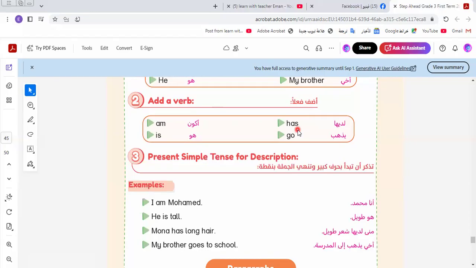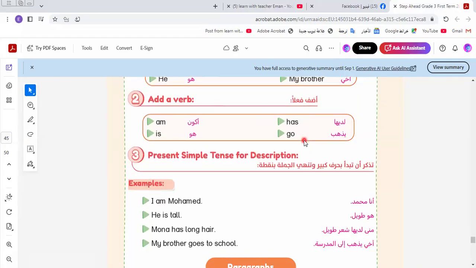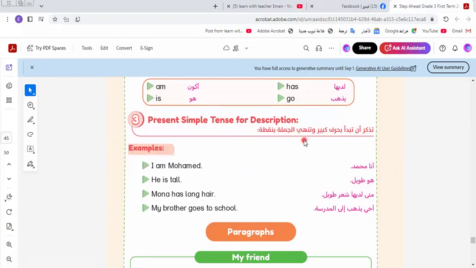Okay, I think now the knowledge is in contact with you. Now I think we understand what "have" means. Have or has means something belongs to me. No one is sharing this thing with me.